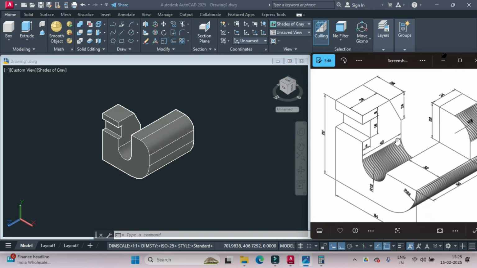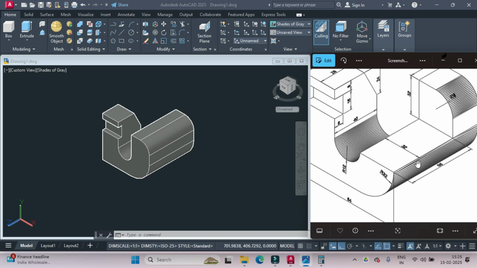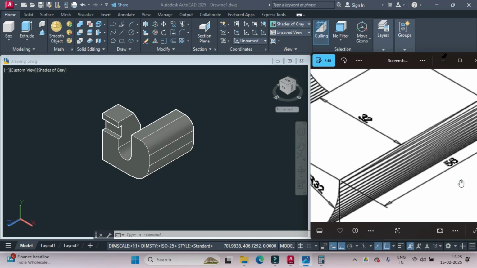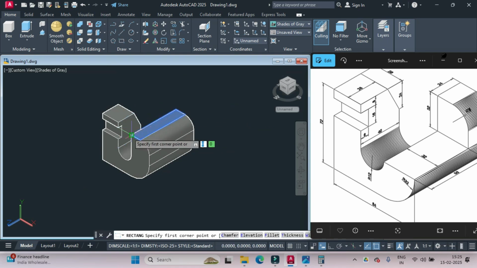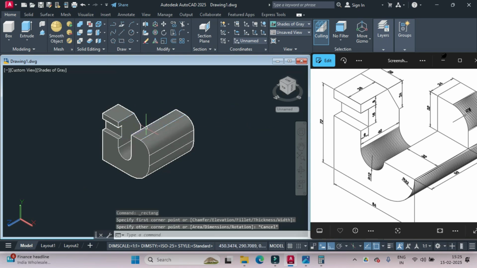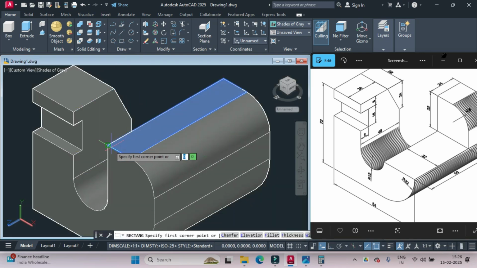Now finally one thing is left, and that is this cut over here. So for getting this particular cut, we have to draw one rectangle which would be 32 units this way and 56 units this way. So we use the rectangle command and we click on this plane. You have to be very careful that you select the correct plane. So select this plane, click over here,